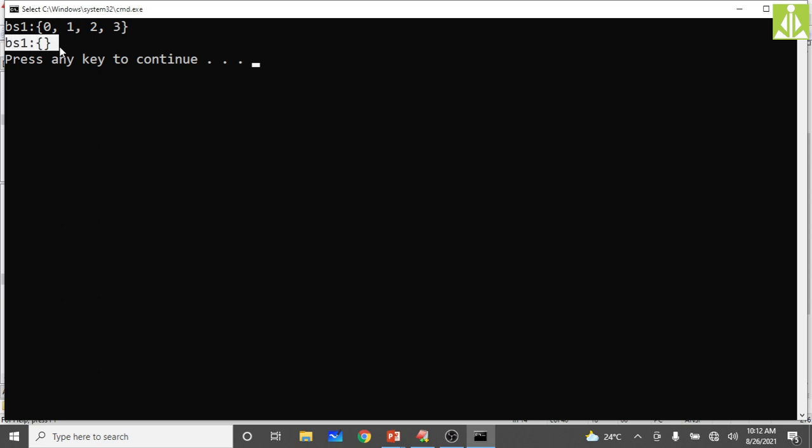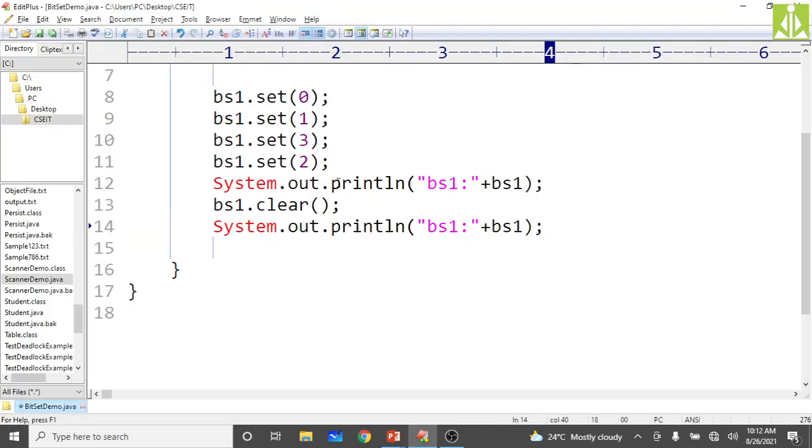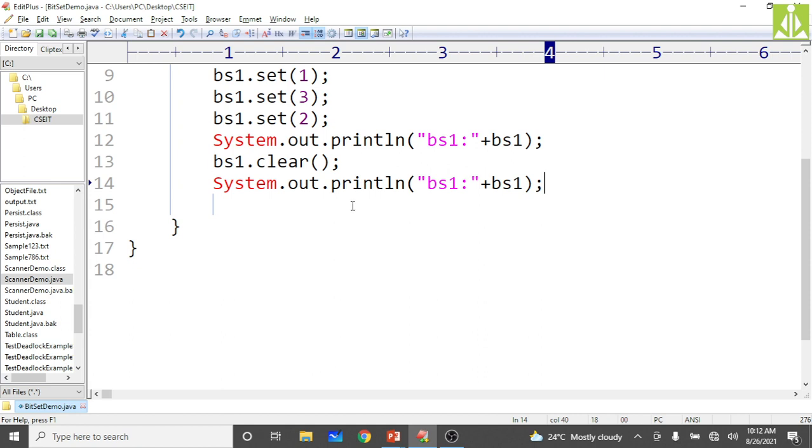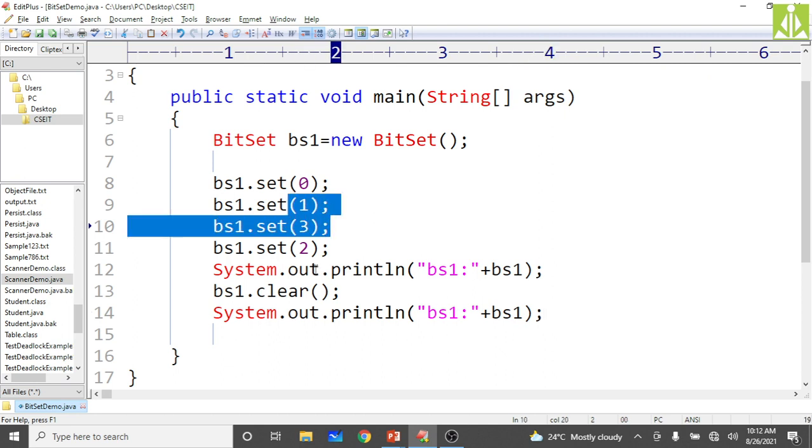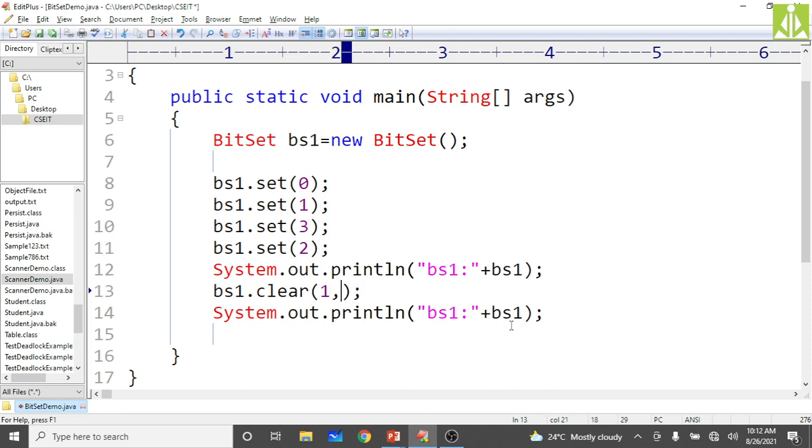Here you can see the bit set got cleared, because here we have initialized, and in between these two we have cleared the bit set by using the clear method. So it is simply deleting all the bits which you have assigned. Now, if you don't want to clear all, and you want to clear particular elements, like suppose you want to clear only the index 1 to 2, then you can apply it like this also.